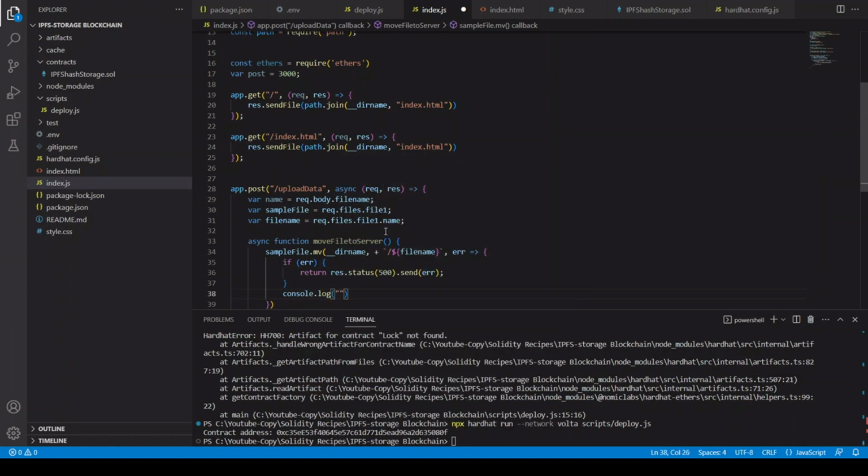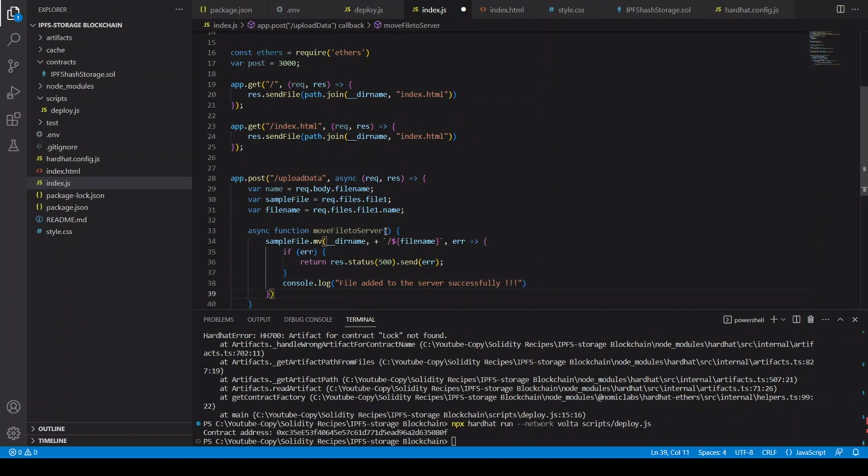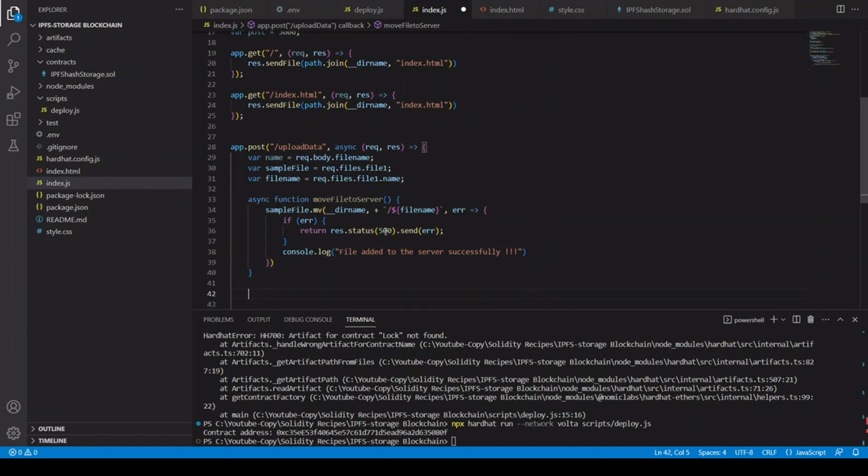If the file is added successfully, we can say console.log, file added to the server successfully. So basically this function is going to grab the file from our local PC and it's going to store it here. We are going to test the functionality later,